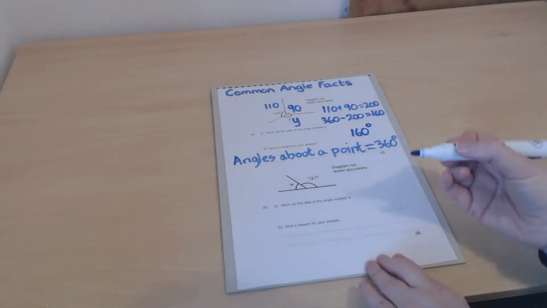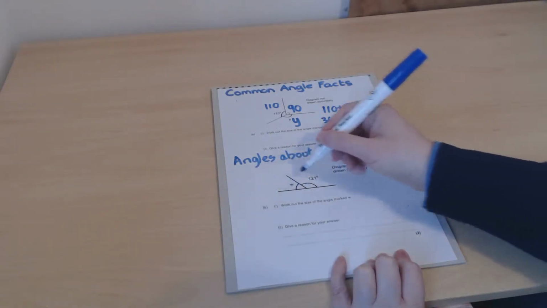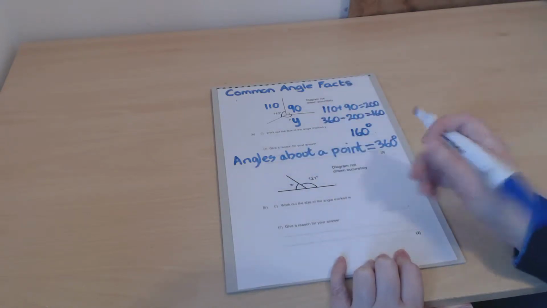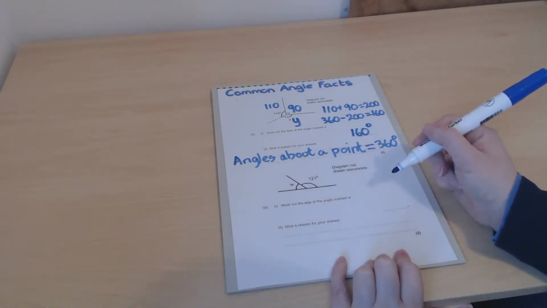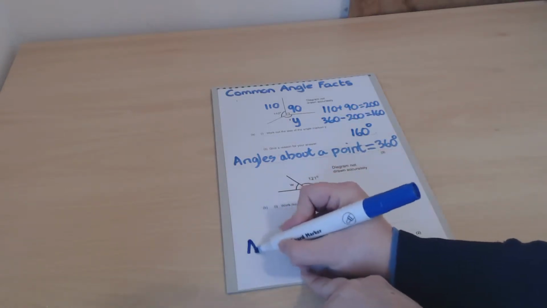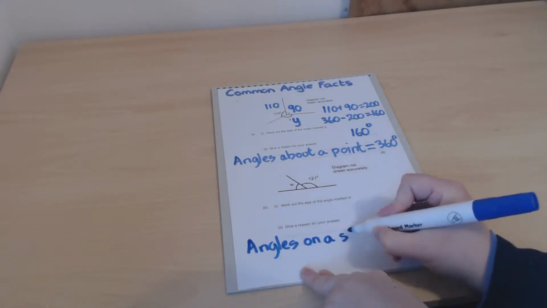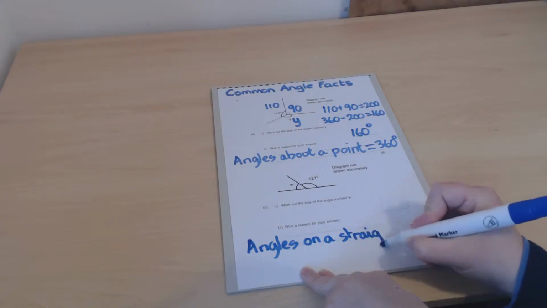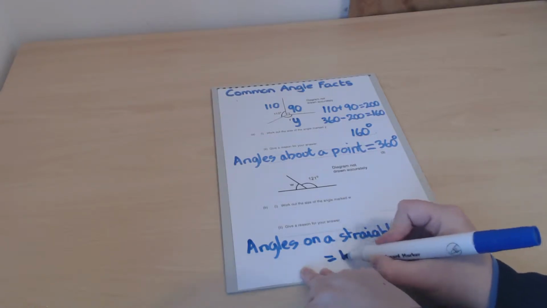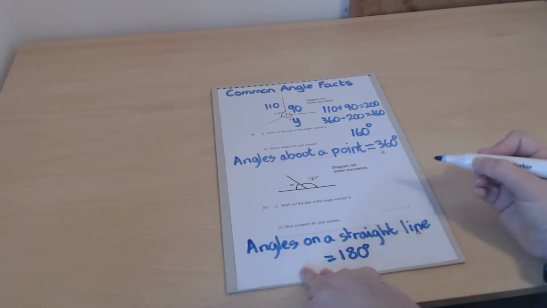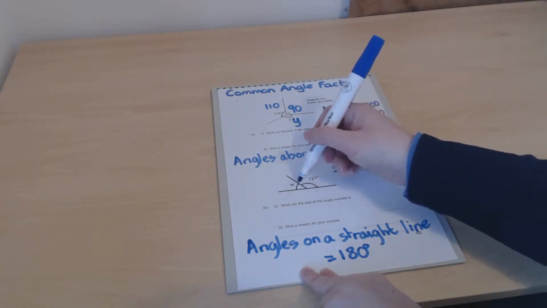So let's have a look at another one which has a different type of fact that we need to use here. So here we've got a straight line, and then we've got two angles right next together on this. Okay, so the fact that we're going to use here is that angles on a straight line equal 180. Okay, so just so there's no confusion about this, the angles that we're talking about must actually be connected